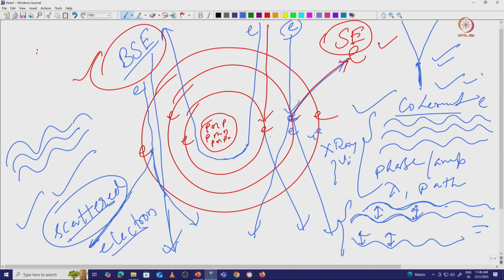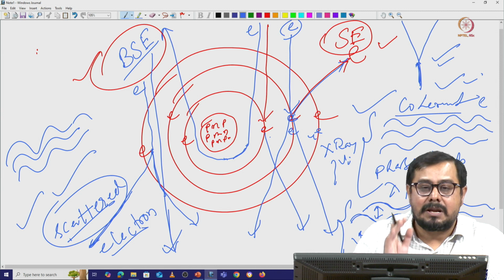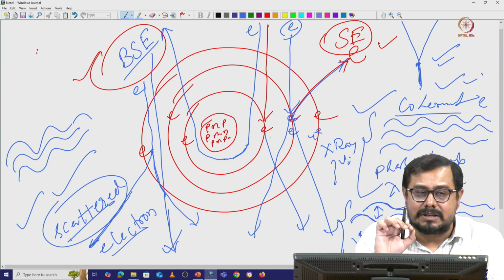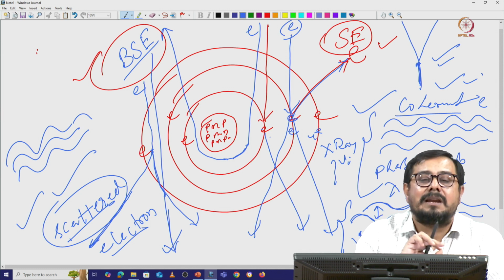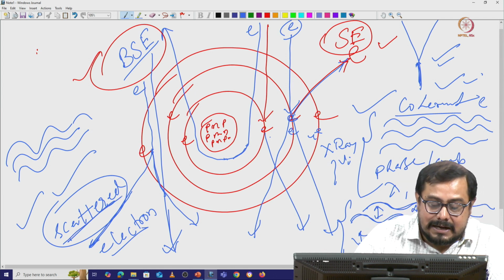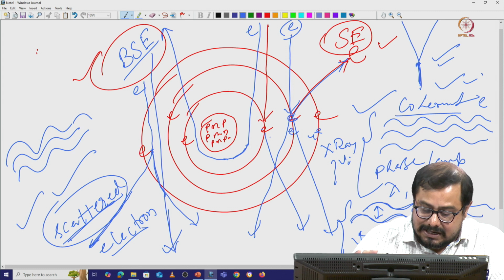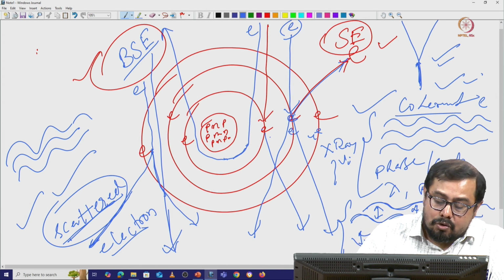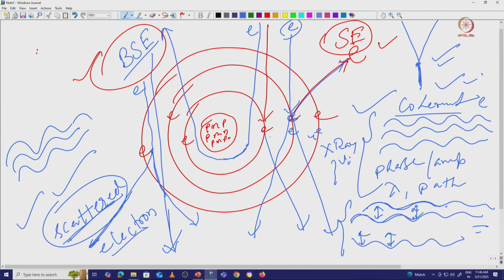So in electron microscopy, there are two types of contrast we are going to discuss. One is amplitude contrast and the other is phase contrast. This phase contrast comes from the scattered electrons, which we are going to discuss at a later stage. The unscattered electron beam and the scattered electron beam are both good, but the inelastically scattered electron beam, which has a different wavelength, path, and phase, is basically adding noise to our images.